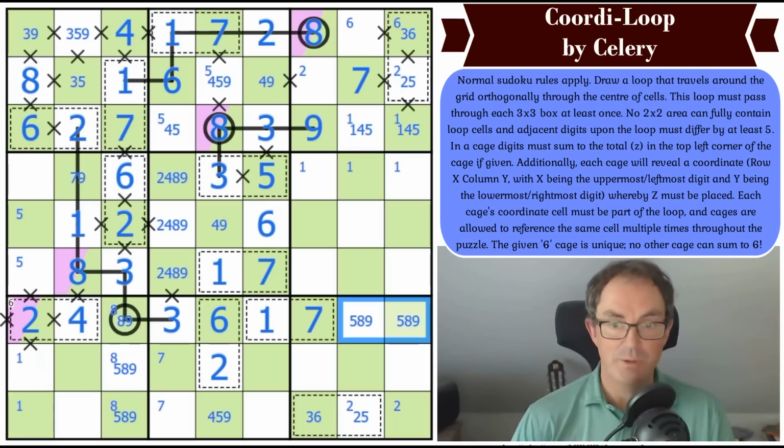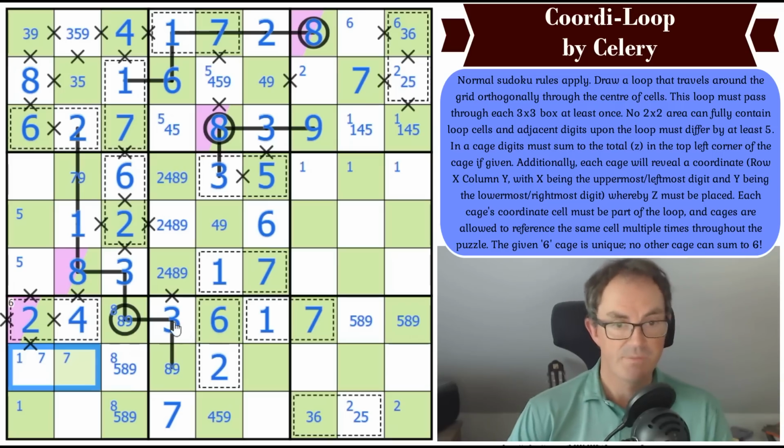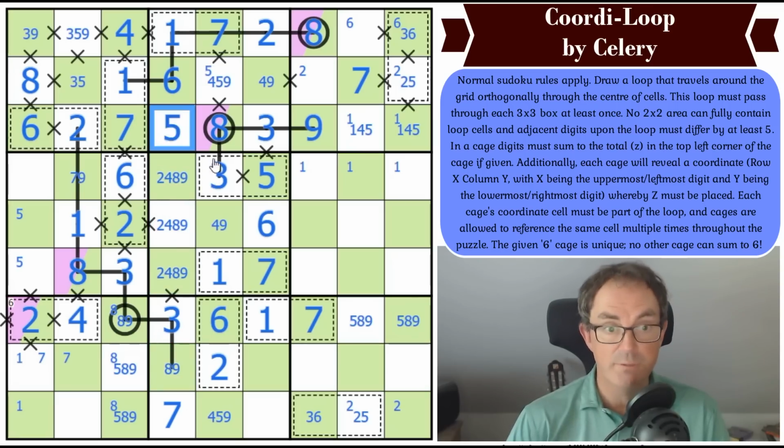Well, 3 can't go into 6, and it can't go up without creating a 2 by 2. So 3 goes down where it needs an 8 or a 9 beneath it. And that's great, because we need digits that are 5 away. So this is not 7, which means that's a 7, which still doesn't do very much, but it does actually, because that gives me a 2, 4, 8, 9 quadruple, which means that square's a 5,